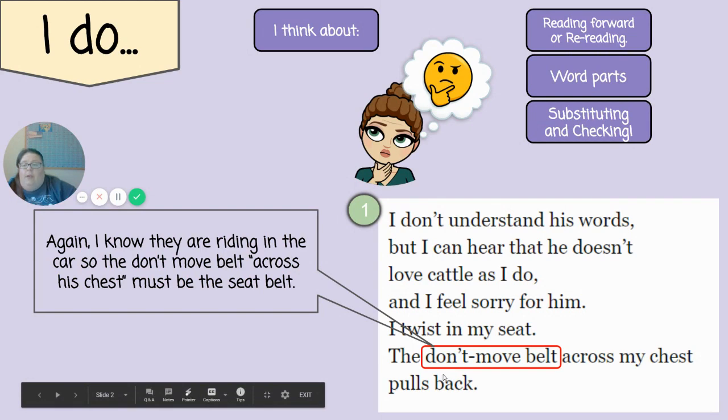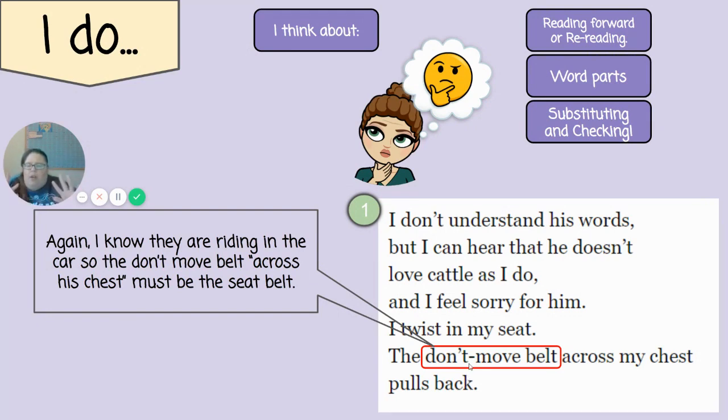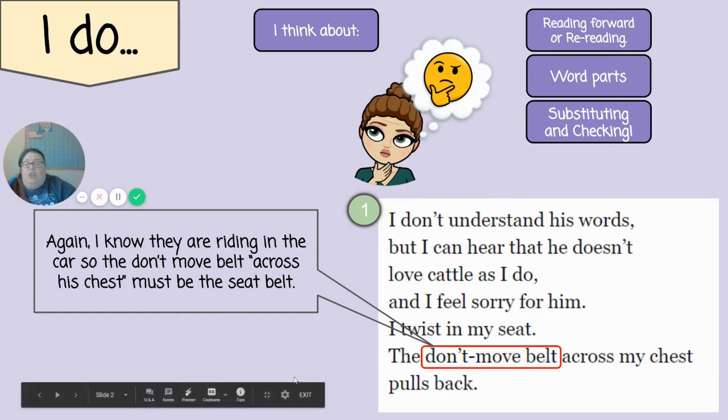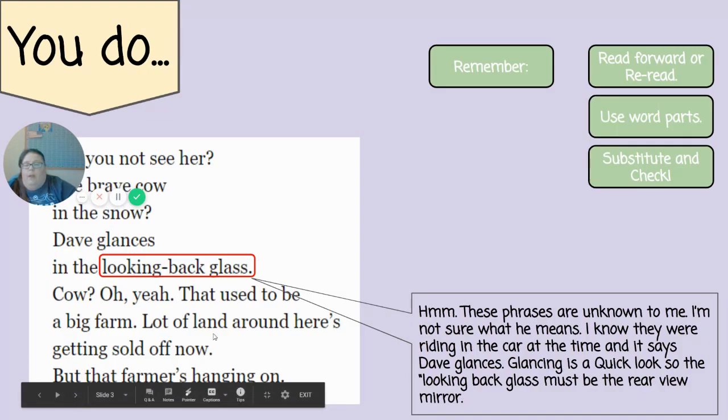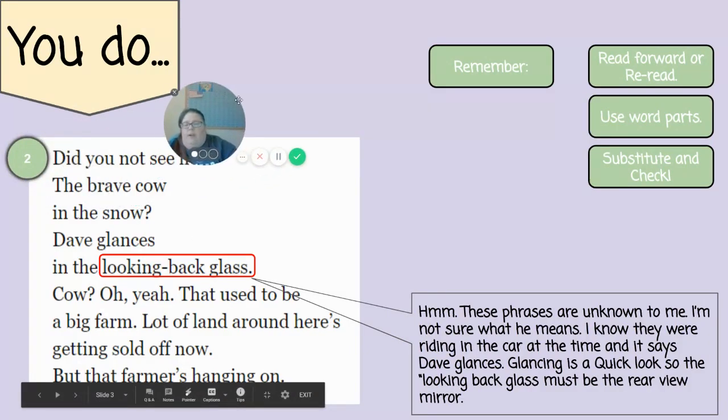And so sometimes unusual phrasing and wording can be the thing that keeps us from being able to enjoy a book. But if you just stick with it and you get to that part where everything starts to come together and all the clues are starting to make sense, you'll find out that that book can wind up being one of your most treasured possessions. I absolutely love Home of the Brave because I love the journey that Keck takes me on every time I read that book. Okay, and so here is another example.